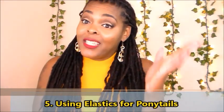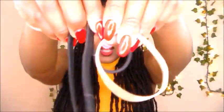Number 5, using elastics for ponytails, okay? The same way that little black rubber bands leave indentions at the ends of your locks when you leave them on too long is the same way elastics, such as these, will leave an indentation in your locks when you put them into a ponytail. Because when you are putting your hair in a ponytail, what are you doing? You're taking an elastic, you're wrapping it twice. You're wrapping it 4 times or 3 times. However many times you wrap it, you're wrapping this around your locks, and what is it doing? It's squeezing your locks. It's literally squeezing your locks to hold it into place so that you can have a